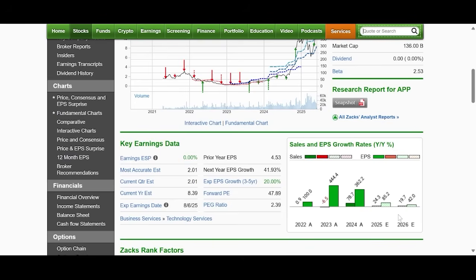So take a look over here. This is one of my favorite little charts now, the sales and EPS growth rates. So we're getting both earnings and sales. Now I was a little confused when this first launched because I'm like, which is which? And it kind of gives you this little guideline up here, but it's still a little weird. But left side is the sales, and right side is the earnings on each of these years. So you can see going back where it had the difficulty, look at the sales, negative in 2023, even though you had big earnings spiking up, but sales lagging. But now sales even in the double digits,